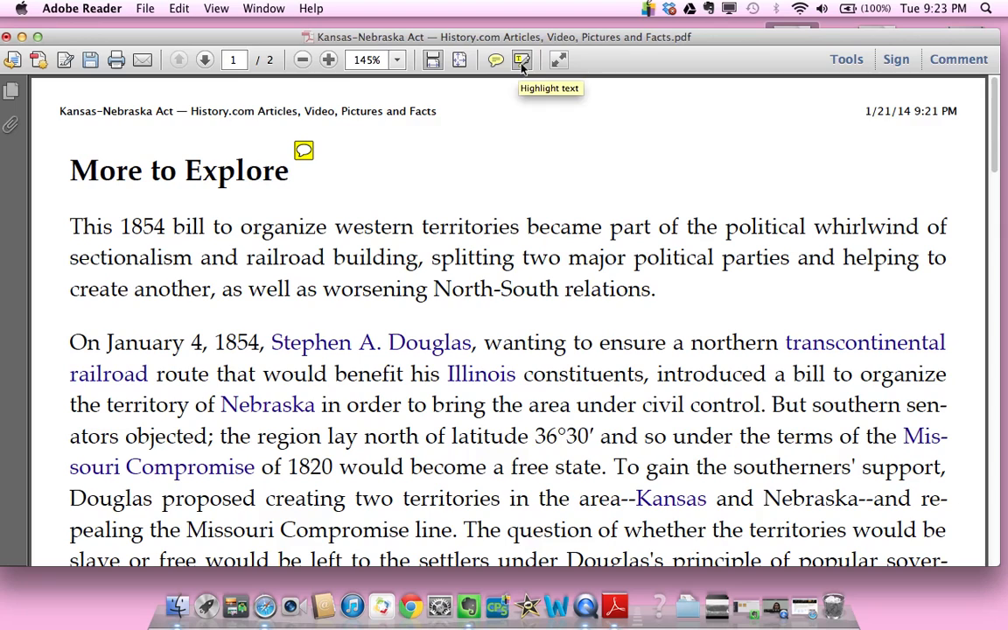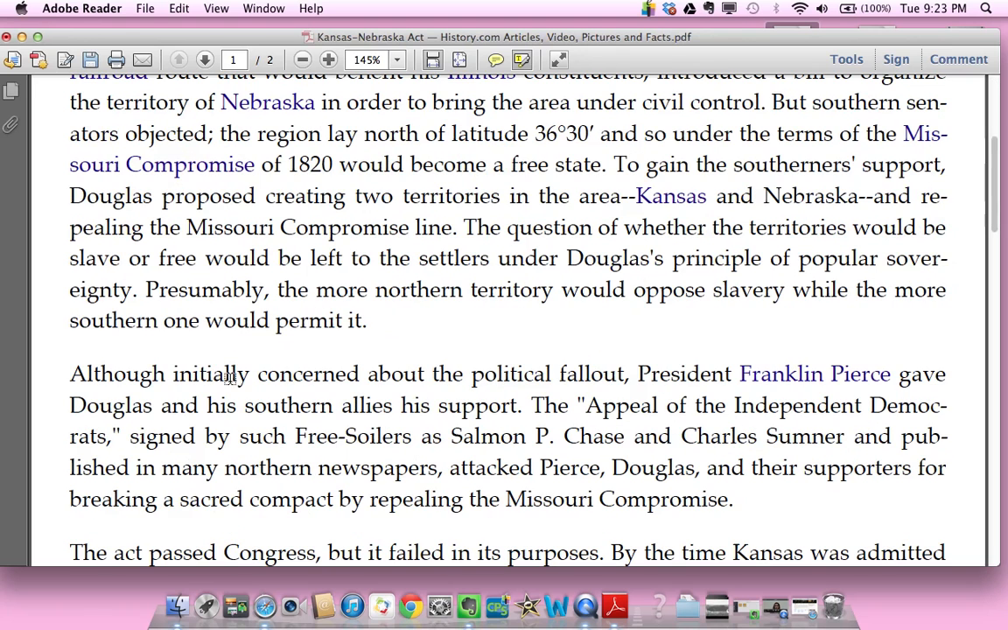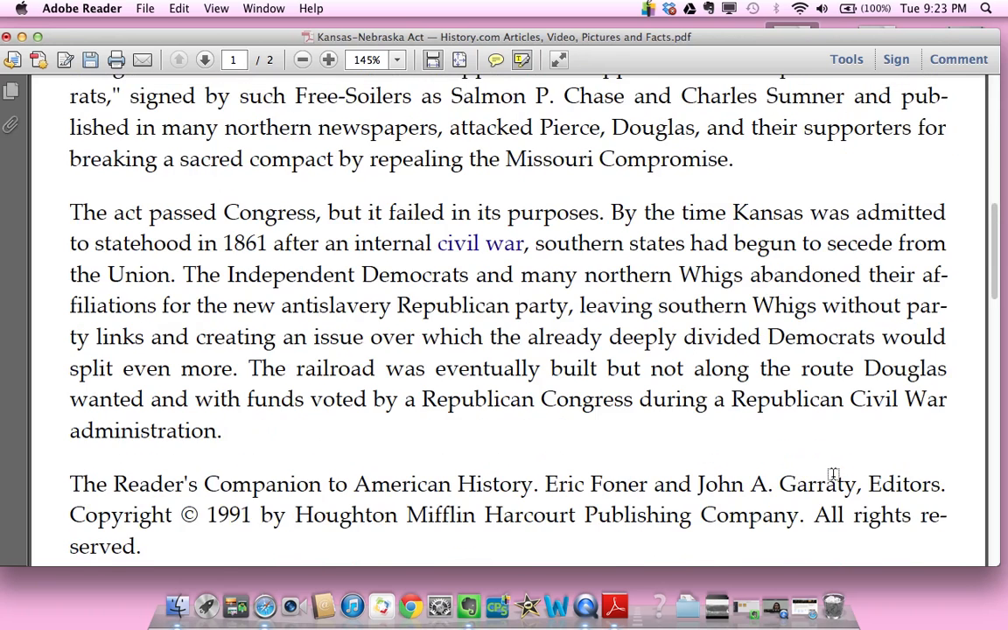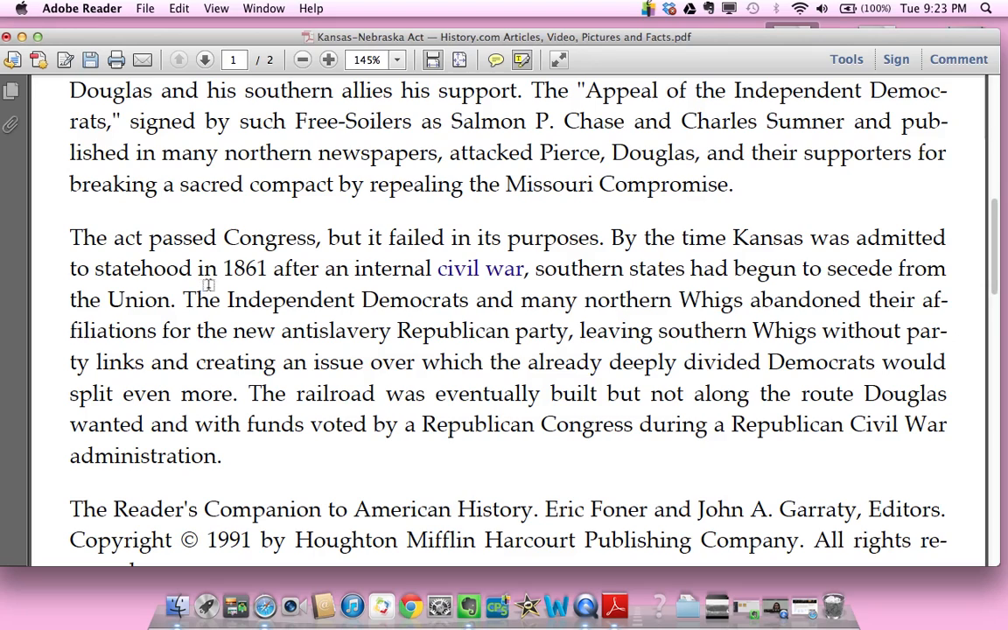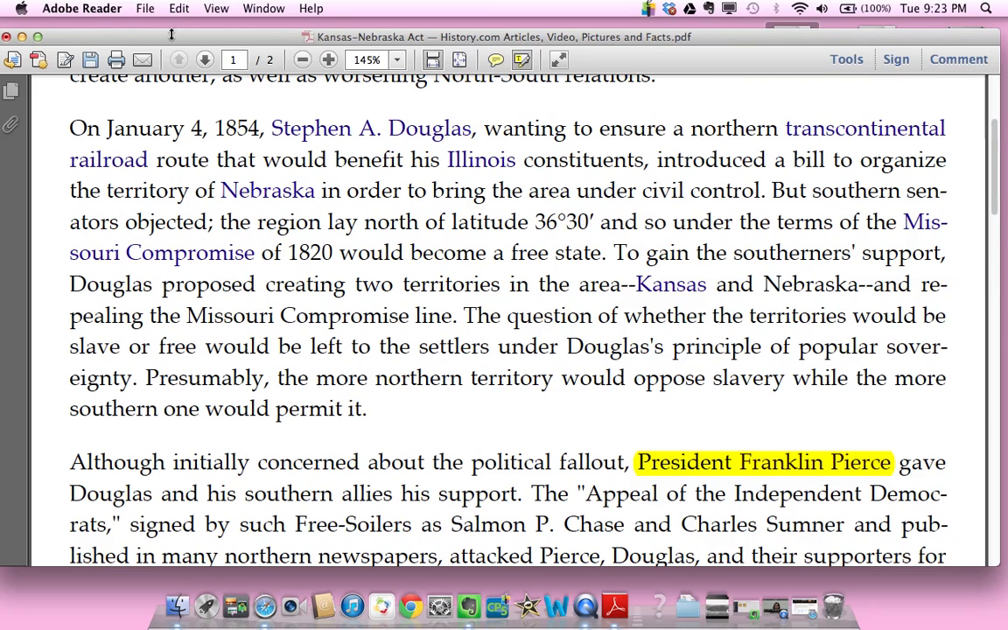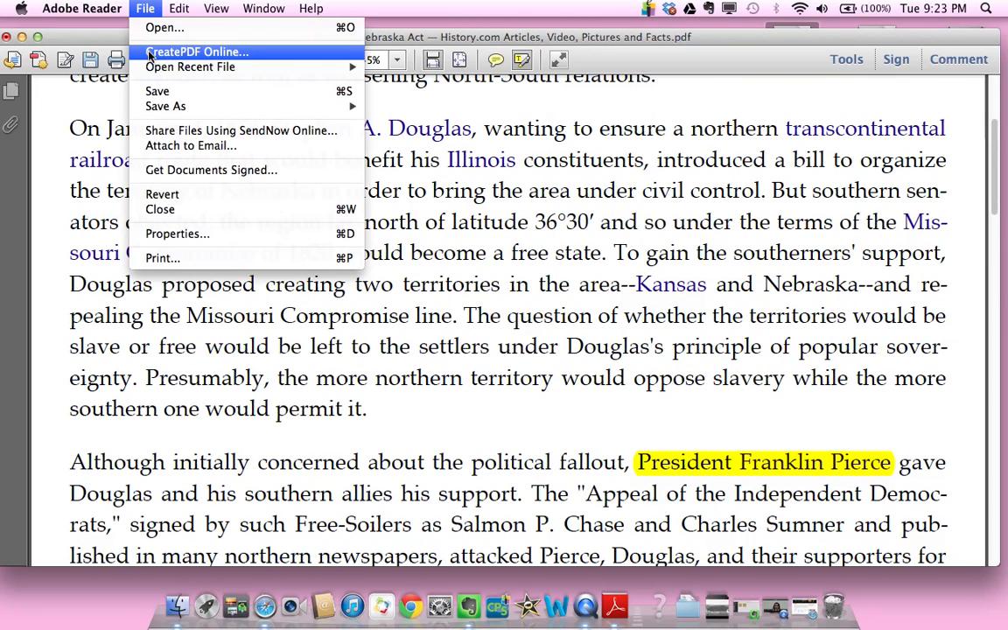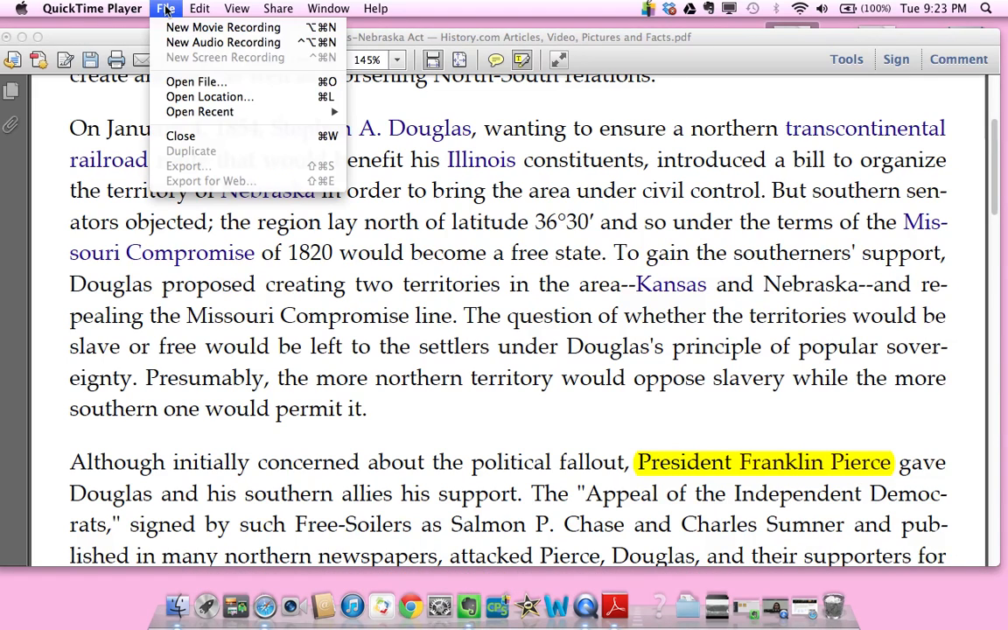There's a highlighting tool, which is nice if I want to go down and make sure that they really pay attention to certain people. President Franklin Pierce. Maybe I want them to remember that Kansas was admitted to statehood in 1861. So these are just really nice features. Once I'm done here,